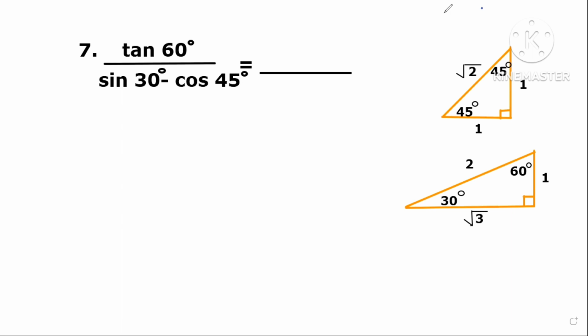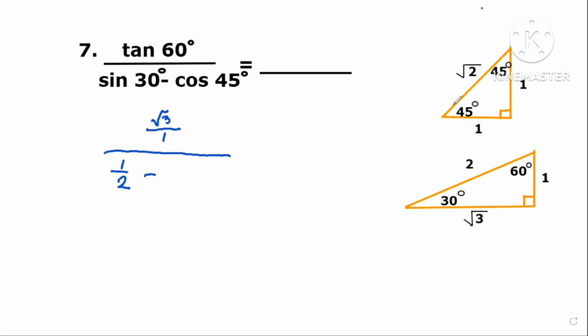What is tangent of 60? Tangent of 60 can be directly acquired from 30, 60, 90. Di ba? What is tangent of 60? That is opposite over the adjacent. Now, the side opposite 60 is square root of 3 and the adjacent side is 1. So that is equal to square root of 3 over 1. Di ba? Over sine of 30. Sine of 30 is opposite over hypotenuse. So that is equal to 1/2